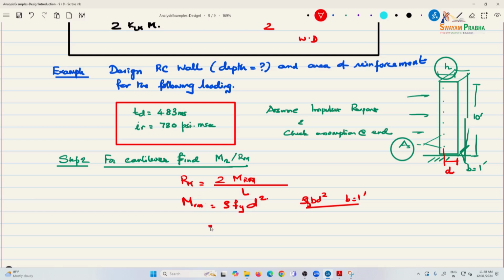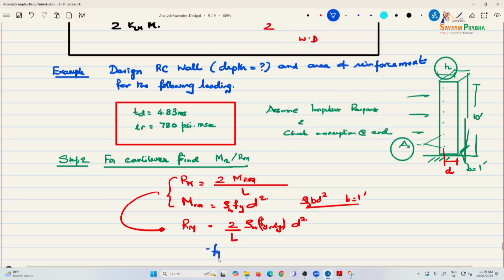So, here combining these two, I can write Rm is equal to 2 by L rho, this is again of steel, multiplied by Fy dynamic multiplied by d square, and Fy dynamic is 1.2 into,